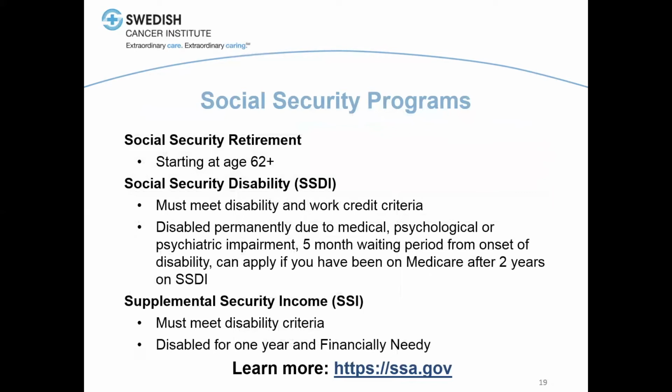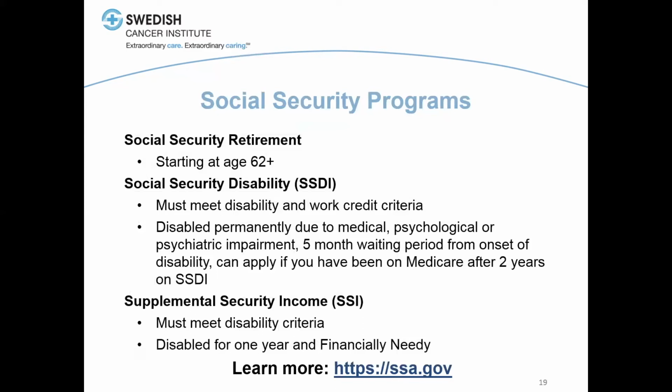Social Security can be an entire course in and of itself, and unfortunately, we don't have a lot of time to cover everything, so I wanted to make sure to highlight some helpful information. There are 3 types of Social Security programs known to people, but because of how they're named, it can be very confusing for everyone. I think most of the time patients use the word Social Security, but they mean different things. So the 3 main ones that we're discussing is Social Security Retirement, which starts at the age of 62,